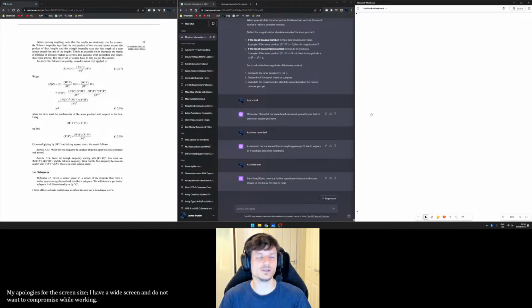To prove the Schwarz inequality, consider axiom 1i applied to this, okay? So the vector z is equal to the vector v minus the inner product of w with v over the magnitude of w squared, multiplied by the vector w itself. Okay, let's start with that. Therefore we get